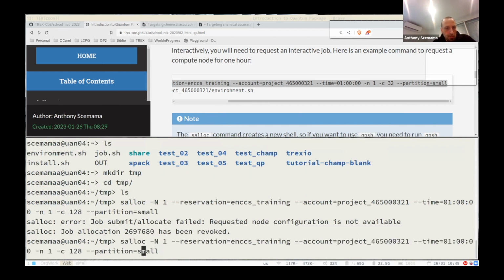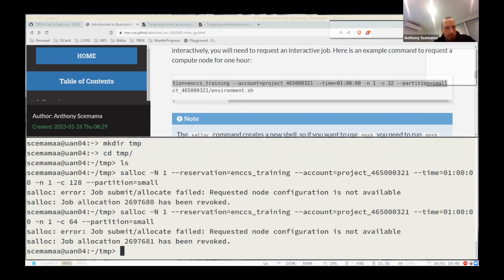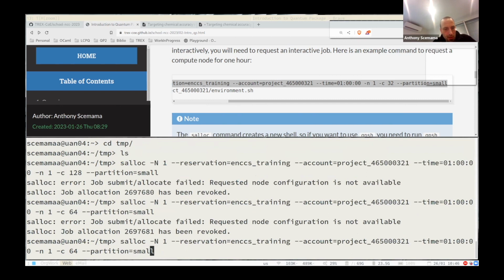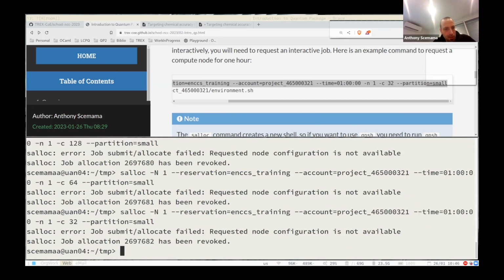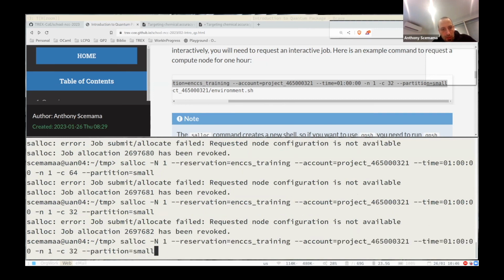No, sorry. So, yeah. Okay, so this was working yesterday. Something's weird because I tried this yesterday and it was working. I see. I think, no, it's because of the reservation. For some reason, you cannot use the small partition. Use the default partition. Ah, okay. And this also solves Mikhail's problem from the chat.